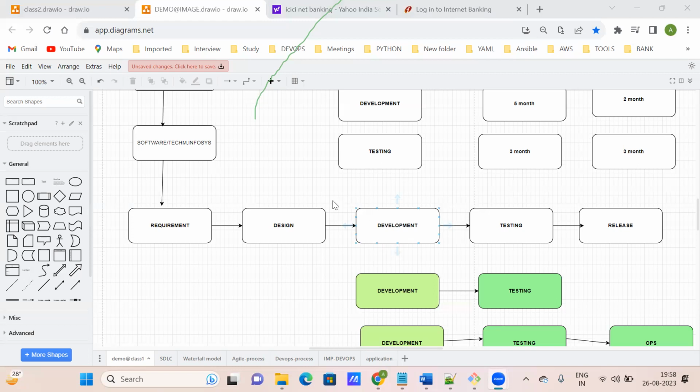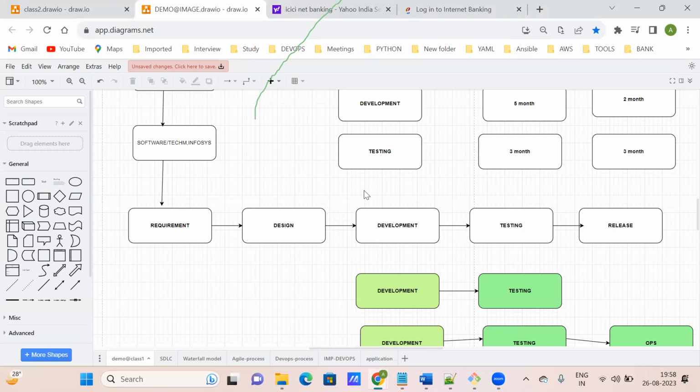Like in Bhubaneswar, some companies are still using waterfall also, because of budget issues. In the agile process, they need testers, but in the waterfall model they don't; the waterfall model can happen without testers. But in DevOps, they need two or more people to do the DevOps work.